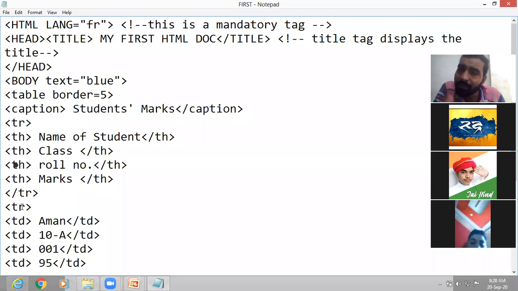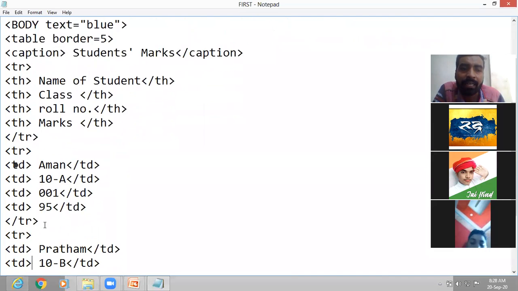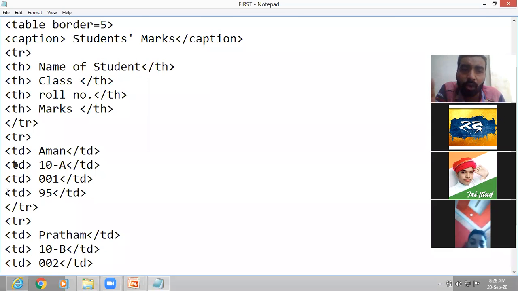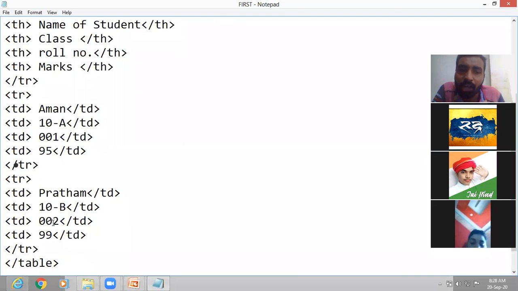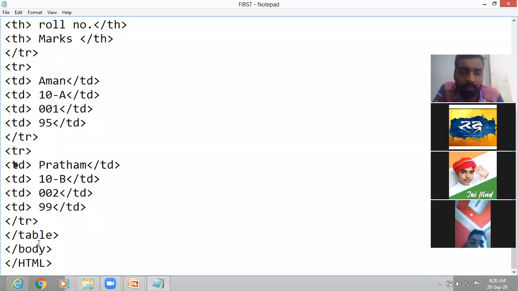Then the first TR is closed, then the second TR is opened, that is the second row is opened. In the second row we have the information of Aman, then the second row is also closed, then the third row is opened with the TR tag. And in this we have the record of Pratham. Then TR is closed, meaning the third row is also closed, and the table tag is also closed.